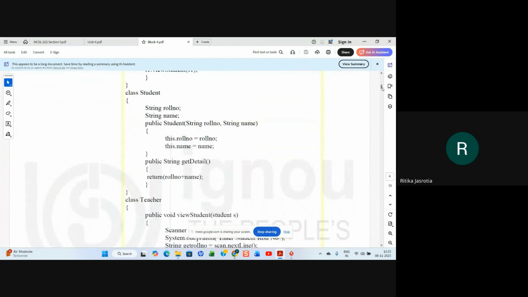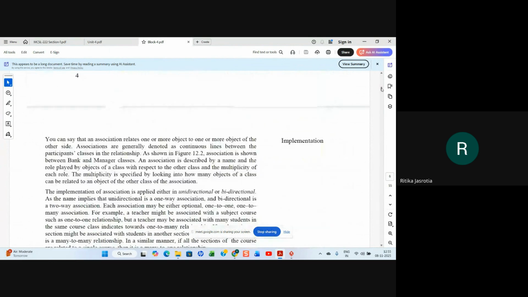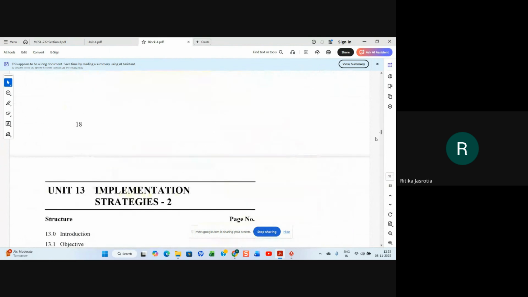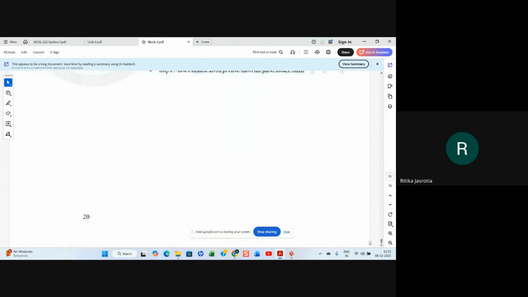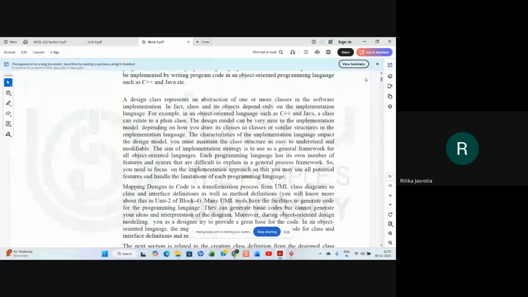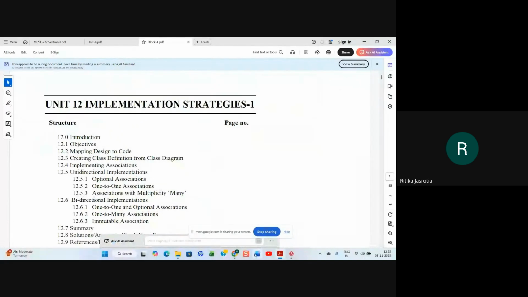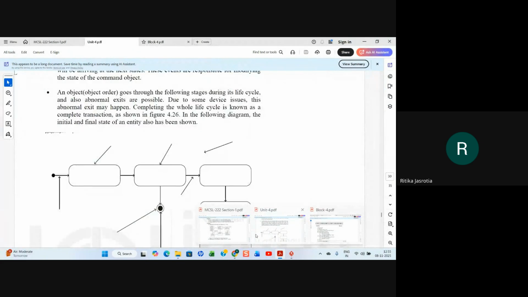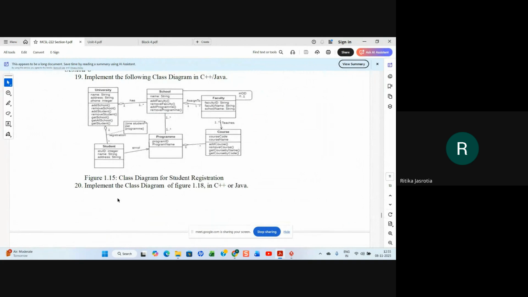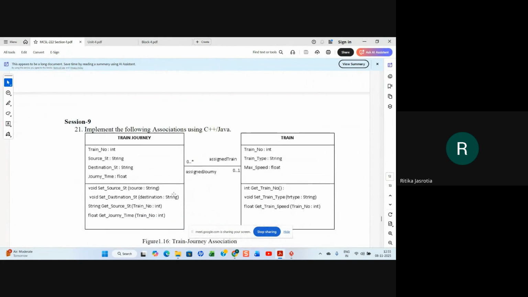But you do not have to write the code, just understand. In this subject, you do not have to write the code, but we need to understand how the diagram is converted into code. Can you understand that? So we will be doing that later on, right? But in the examination, you won't be asked for writing the code.